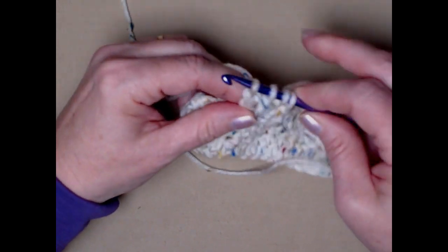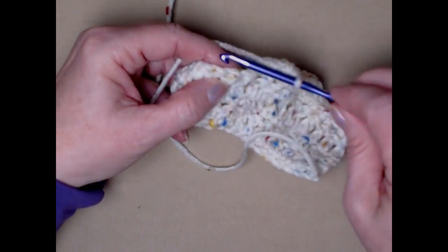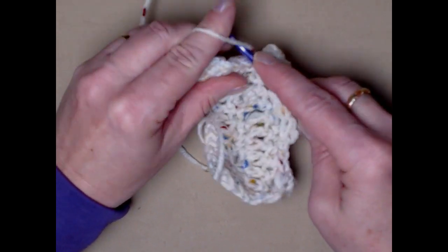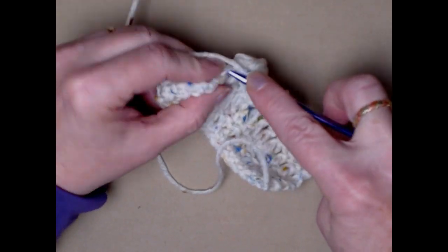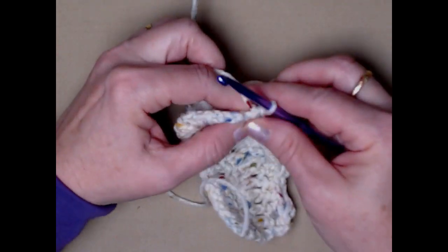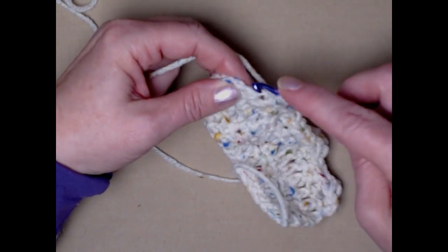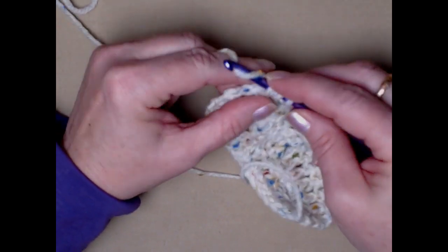Oops, got a string there. There we go. All right, there's our third bobble. We'll stitch 1 single crochet in the next 3 stitches, and that's going to leave us 2 stitches at the end. And so we're going to stitch a bobble in that second to last double crochet,